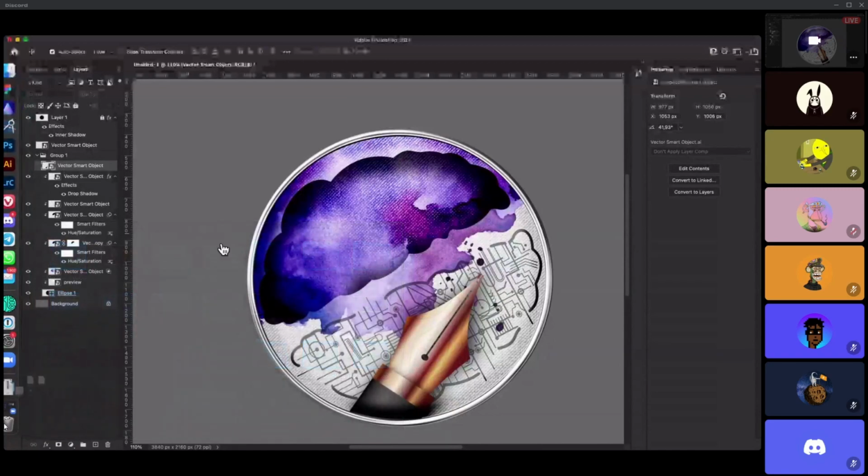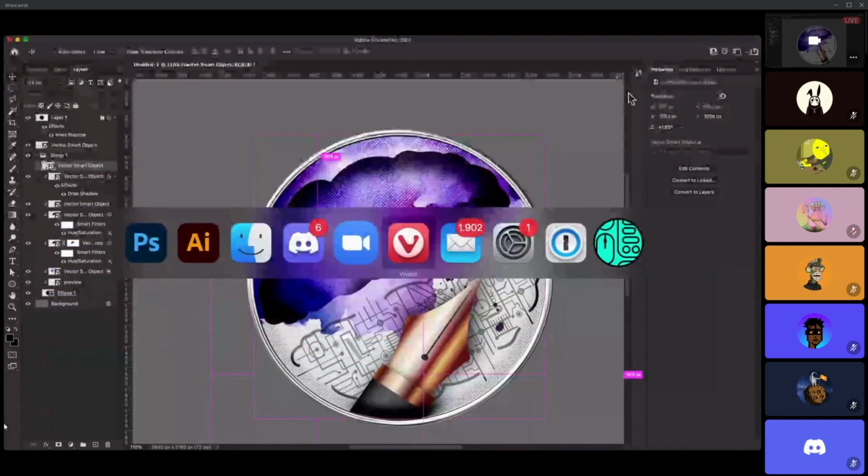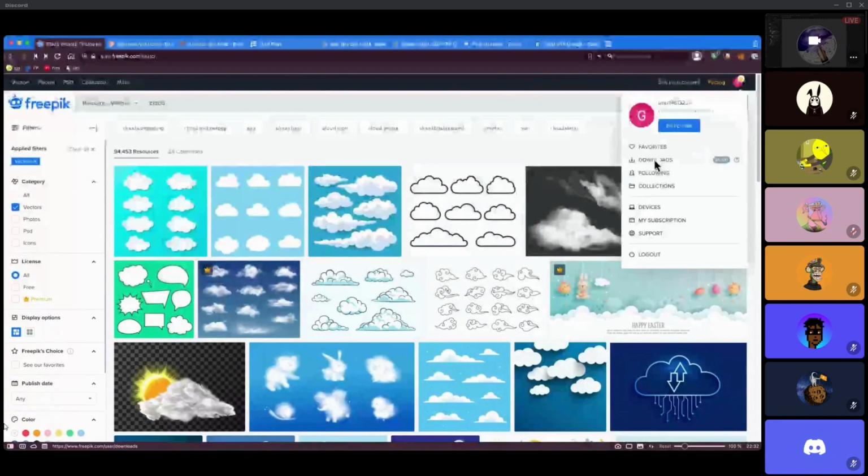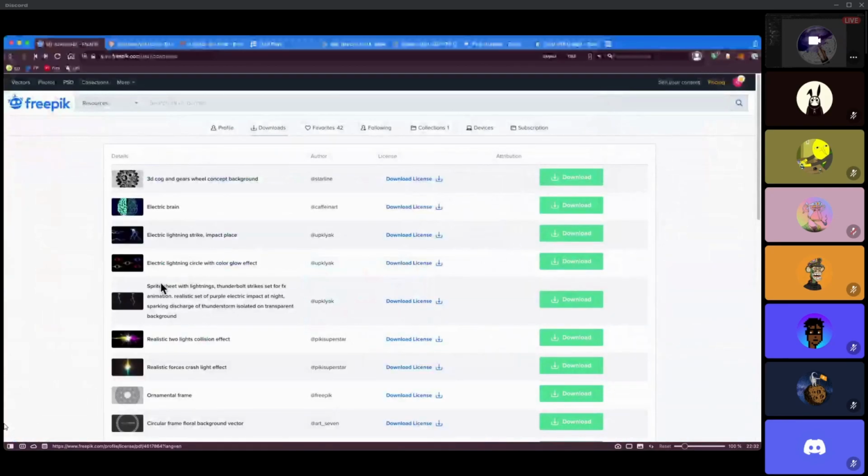Just give me a second, guys. There's a specific brush that I'm looking for, which gives it the feeling of just like the pen, what we are trying to do.